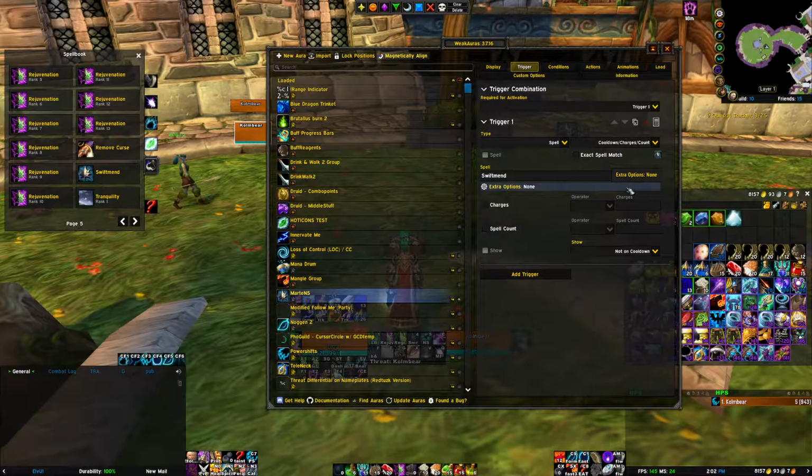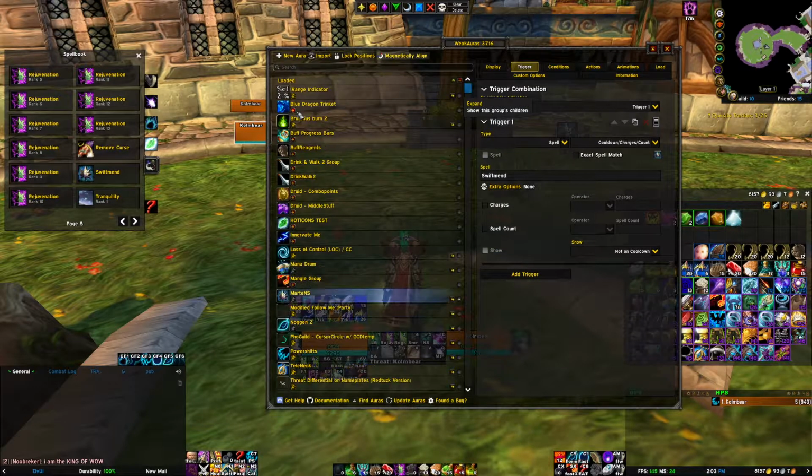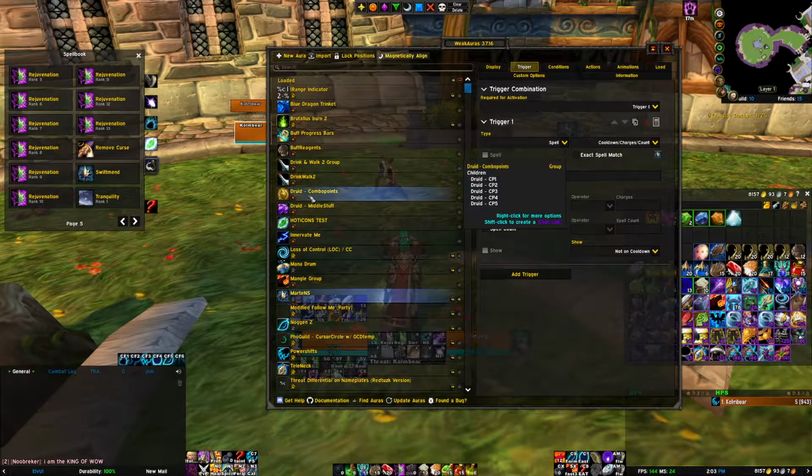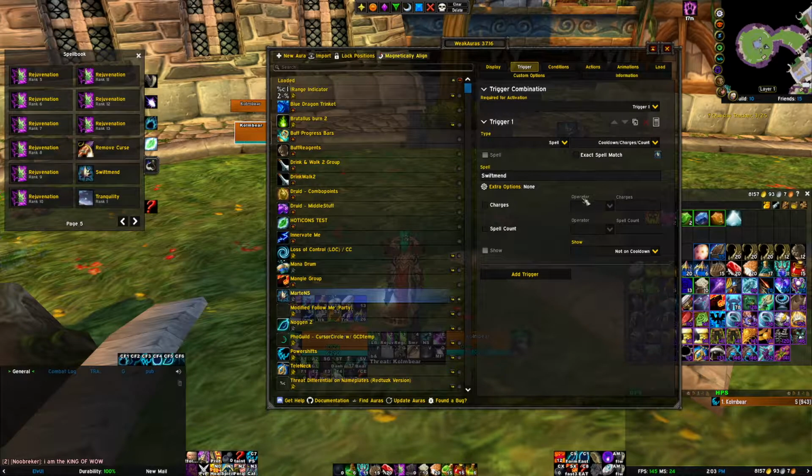Now, this is all done in one. You could break this up into actual multiple triggers or multiple things, right? Like I could have 2 Weakauras that I combine into a group that do different things all off the same spell. That's a little bit harder to explain. It's not too bad really, it's just a matter of trying to think of an example if I have one anywhere. I don't think I really do. But for example, I could have one that would only show,